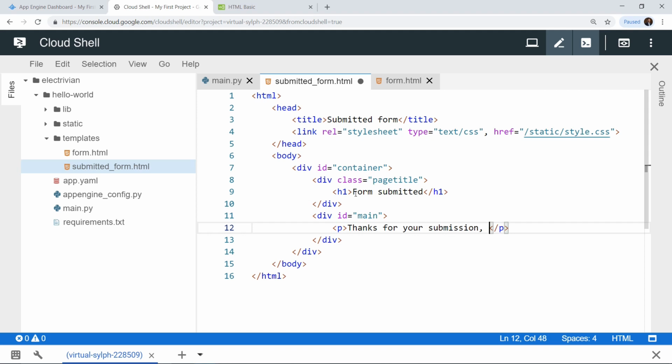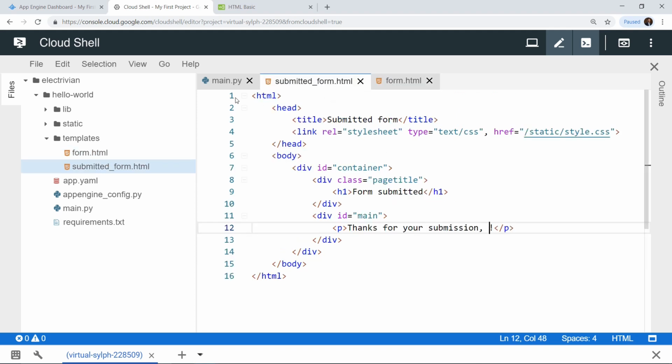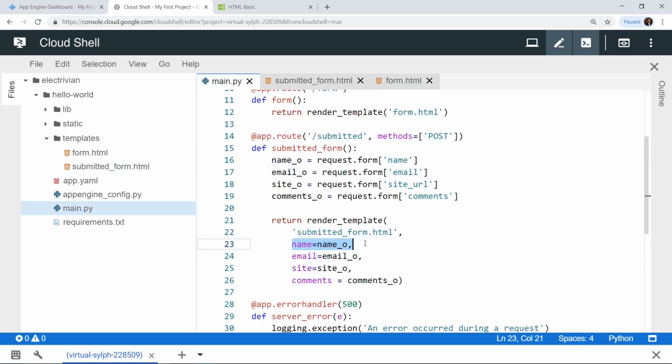Okay, and then after submission, in order to add a personal touch, we would also like to include the user's name followed by an exclamation mark. So we have an exclamation mark over here, and then before the exclamation mark we want to also include the user's name. But the particular name is different, because the user can put any name on the form.html. So we want to refer to the variable called name, which we have assigned to this particular submitted form.html file.